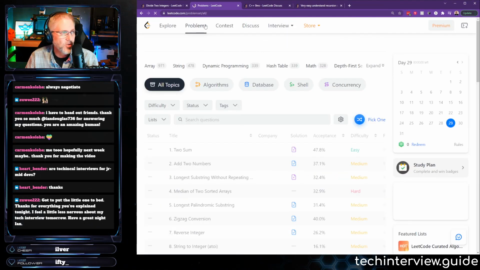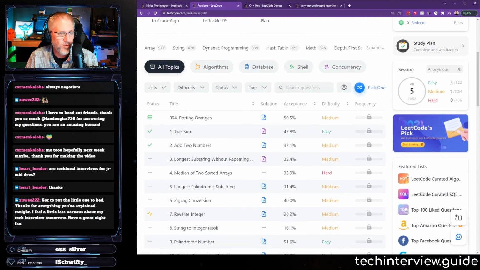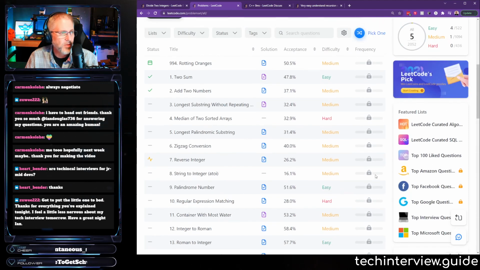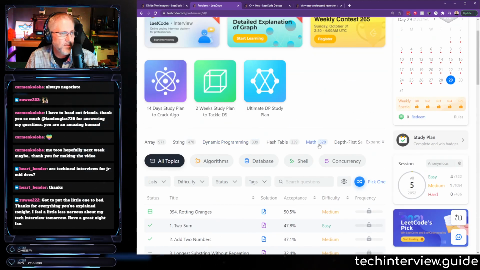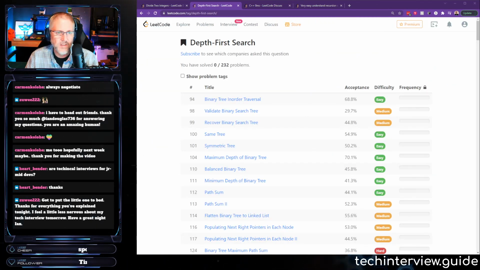Now, on Leetcode, when we go to this problem list, we can actually come in here and go look for a particular kind of problem. Hash table, math, depth first. So let's go look for depth first search problems. Well, now that I've got the basic list, let me go back to the browser. So now that I've got this basic list of depth first search problems, now I can go apply